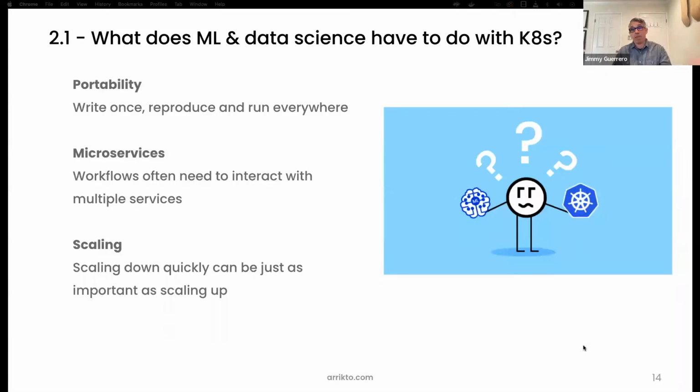Now we have a whole 90-minute course that just covers the fundamentals of Kubeflow, but here we're just going to get it done in a few slides, just kind of to level set things. So the first question that we want to ask ourselves is, what does machine learning and data science even have to do with Kubernetes? And the reason why we want to answer this question is because we want to lead into a discussion about why Kubeflow should be considered for your machine learning